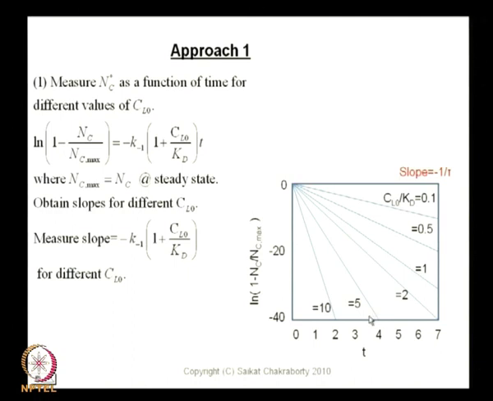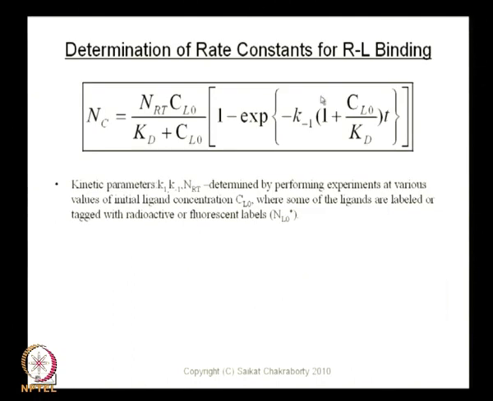But the Scatchard plot is the steady state version of it. So, steady state means this expression with time going to infinity. The steady state would be Nc equals nRT Cl naught over Kd plus Cl naught, and that is a very important number for us, or an important expression for us,